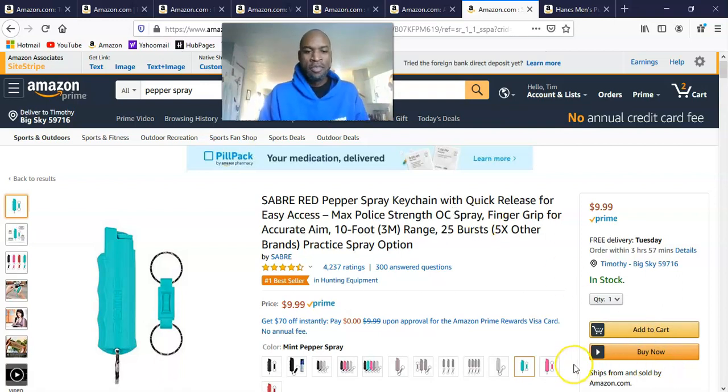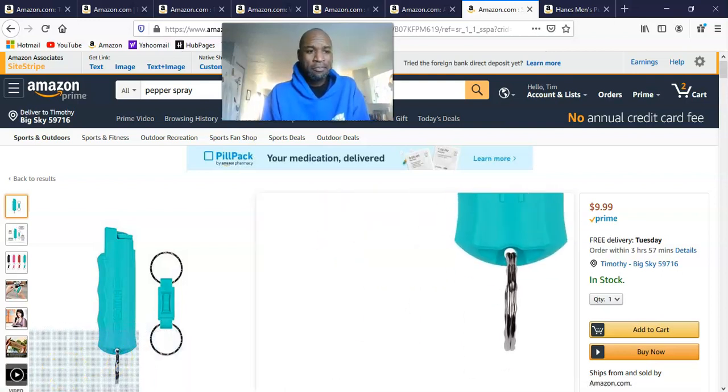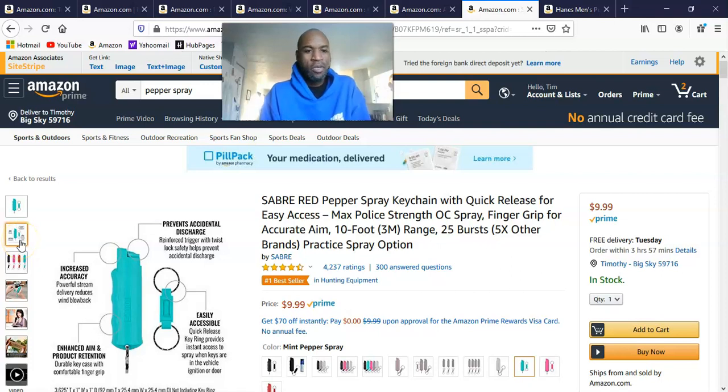Get you a little pepper spray, $10. They have cheaper ones on here. Something small. You can throw it in your bag. You can throw it in your purse. And just never touch it unless you need it. You can have it in your pocket. This little bitty thing will fit in your pocket, or on your keychain. Very small. You probably will never have to use it, but it's there if you need it. And it's the type of self-defense, I don't even want to say weapon, but self-defense option